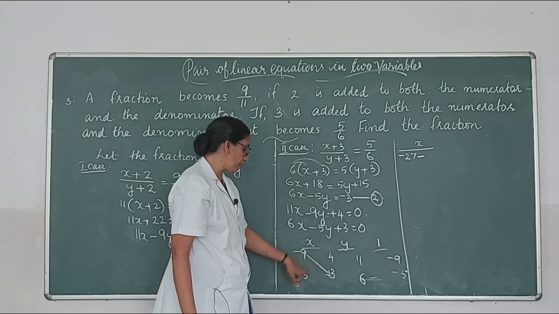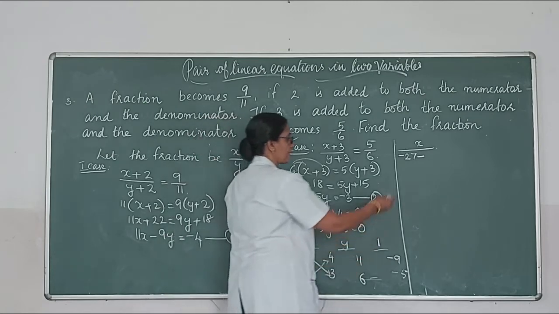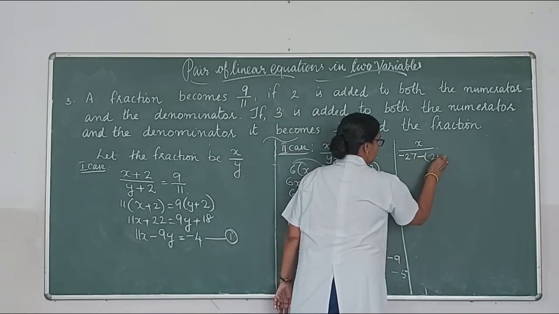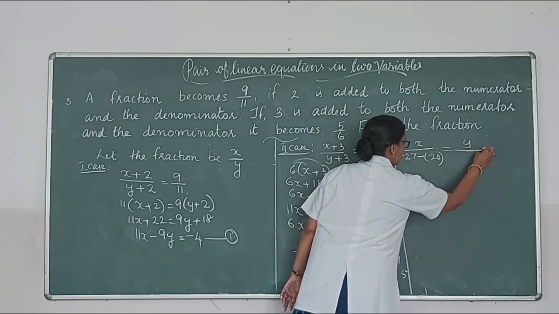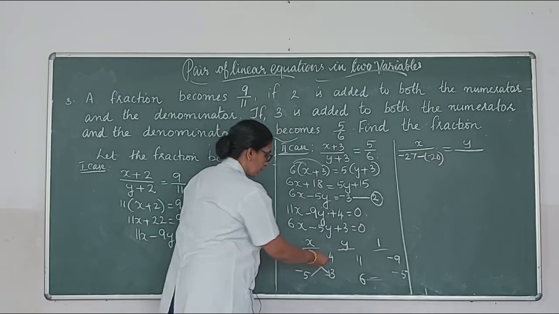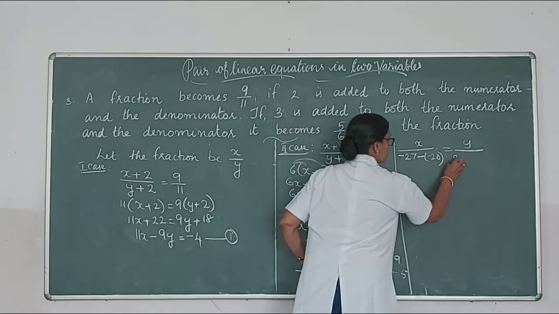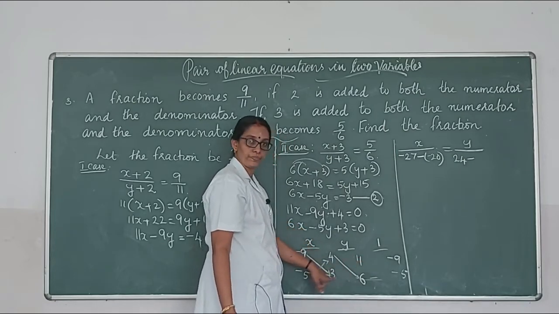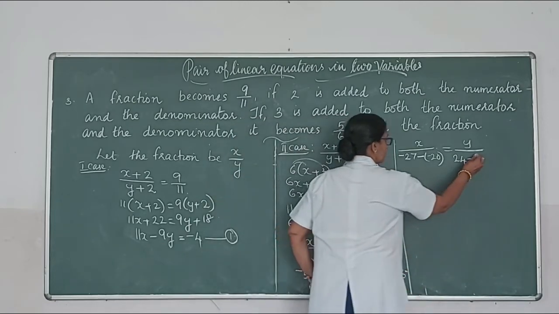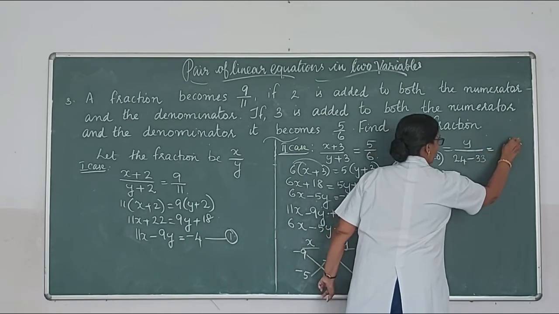What is minus 5 into 4? Minus 20. Equal to y by: next 4 into 6, 24, minus 3 into 11, 33. Equal to 1 by